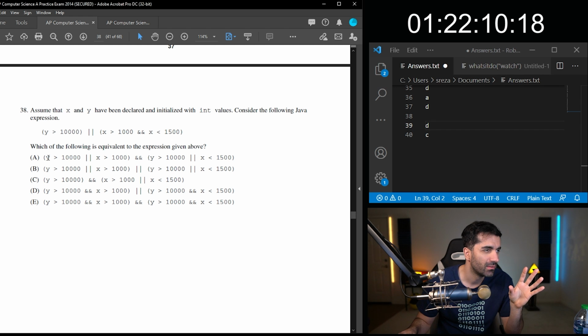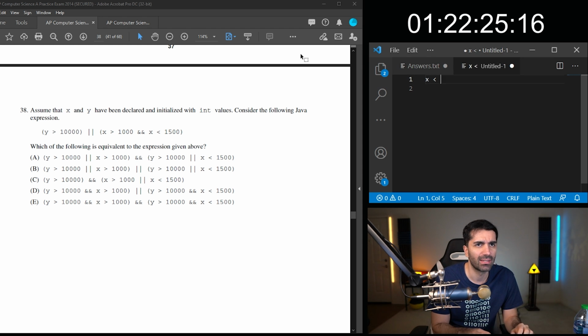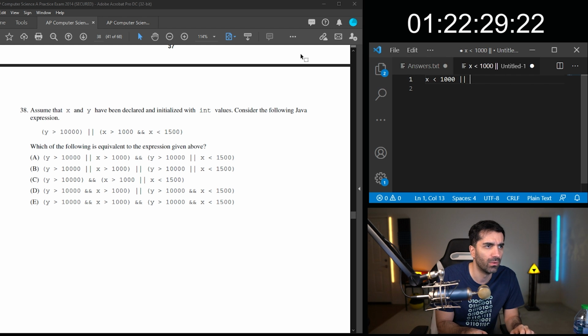So I feel like this is one that we might have to do some conversions with. Is it if we flip these and then make it so if we have x is greater than 1,000 or x is greater than 1,500?